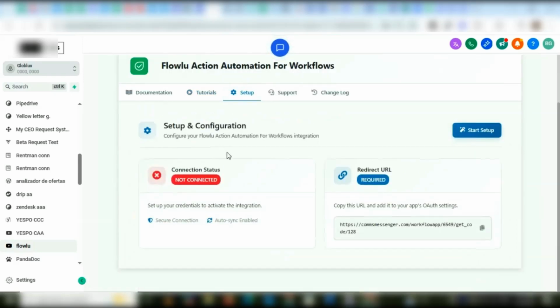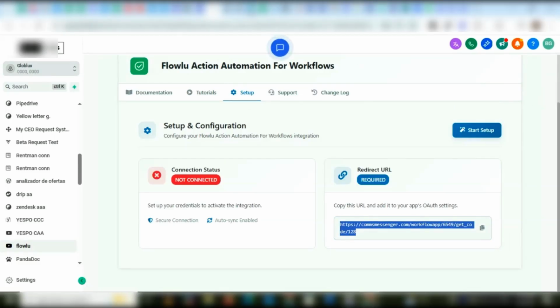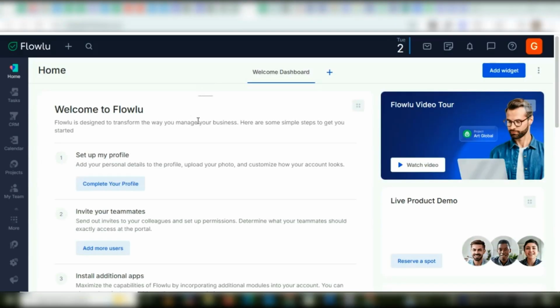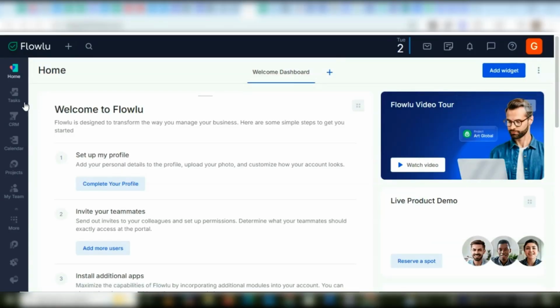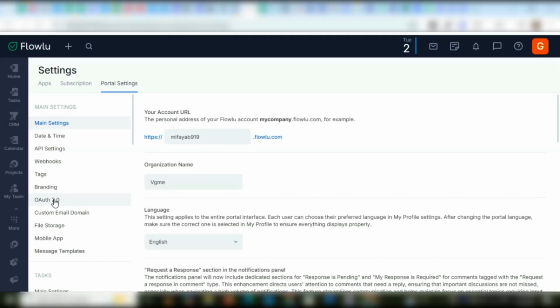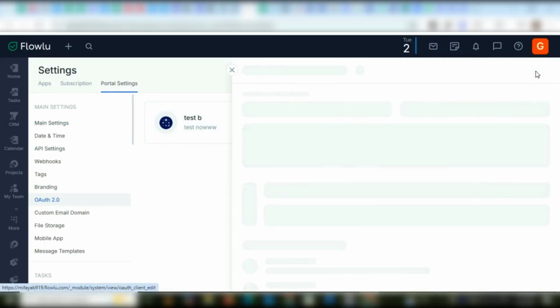We have the setup. At the level of the setup, we notice that our app hasn't yet been connected, but no worries, we're going to walk you through how to connect and set up your app. First thing, you're going to copy your redirect URL, head over to your account online. Once you're here, click on your profile picture, click on portal settings, click on Auth, click on Add,